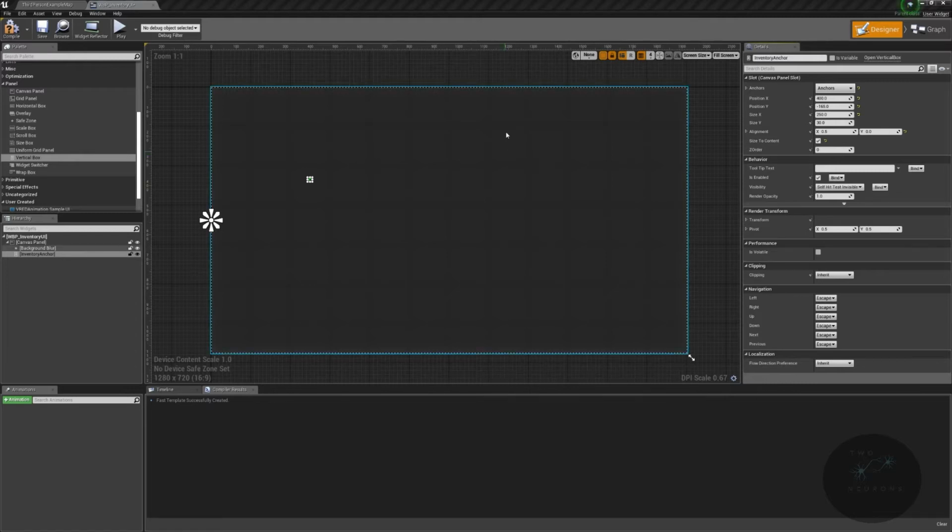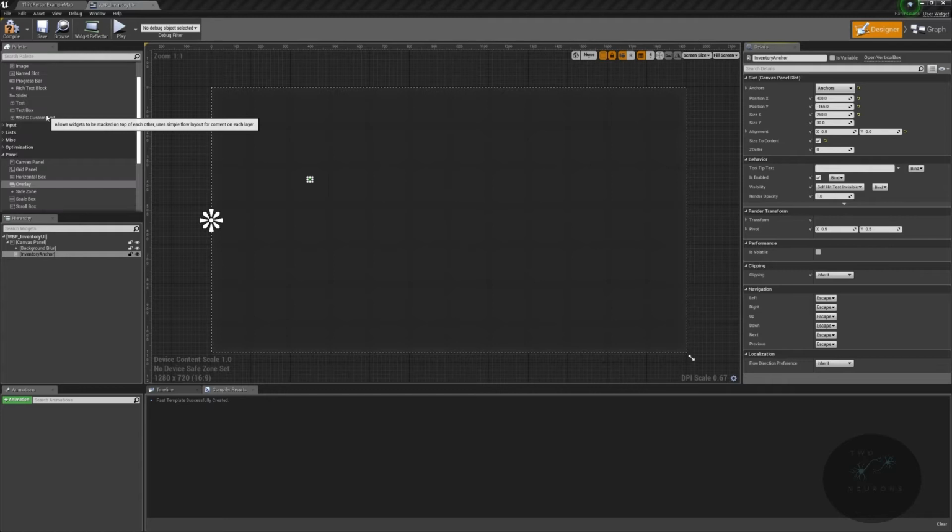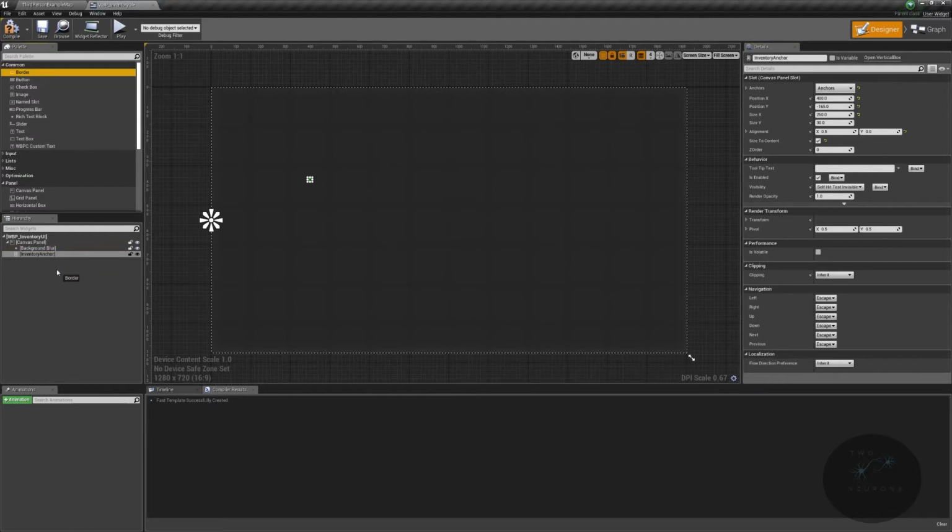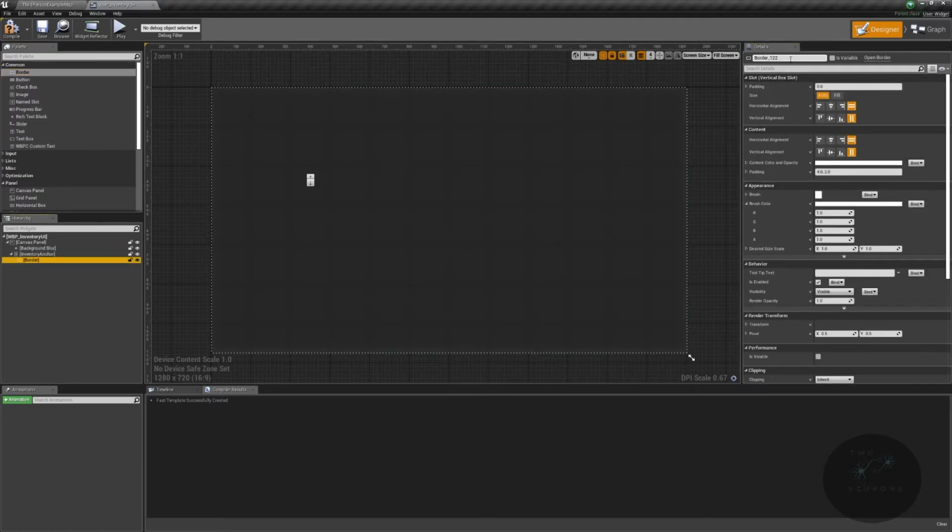So remember, this is a vertical box. Everything we put in here will be one on the top, then one below that, then one below that, then one below that. Not that we're putting that many things into it. So I'm gonna grab a border, and this is gonna be the top part of my box. This border will be my title